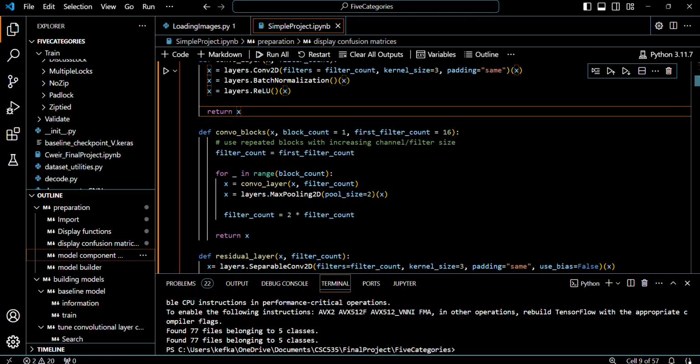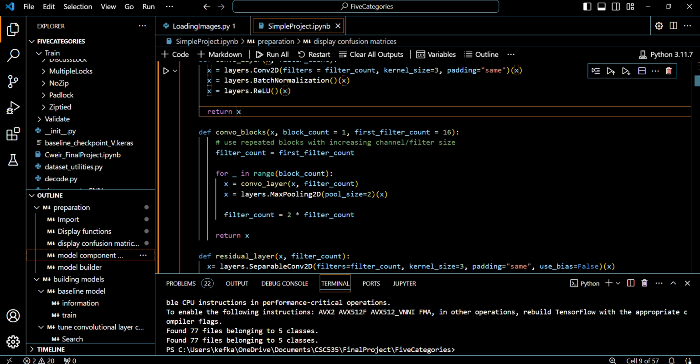This code could be in the model builder that we'll look at later, but I went ahead and put this multiple block code here, and it will make the code later a little cleaner. I think the model builder code will be a little bit cleaner because I put this here instead of down there. So what this does,